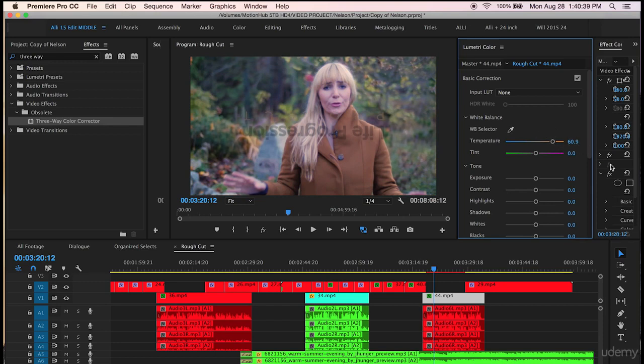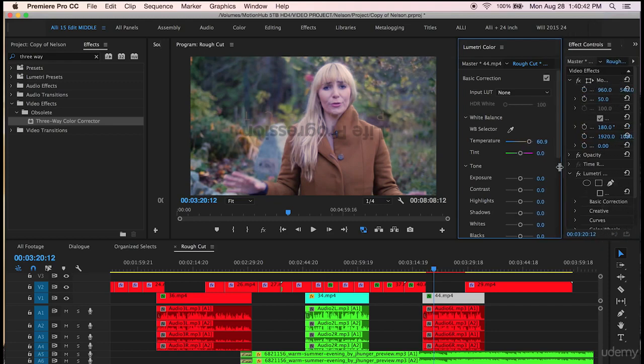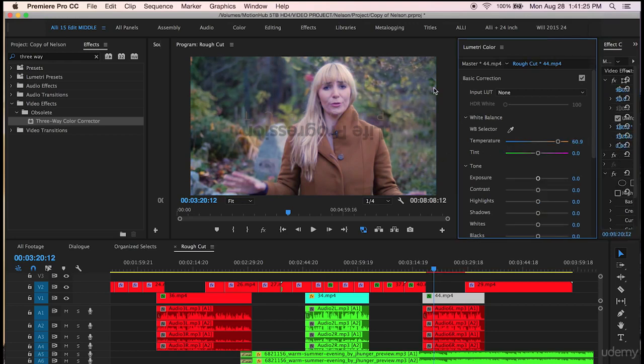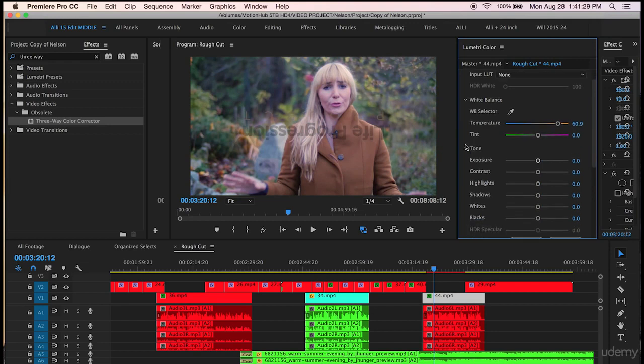As you can see here, I'm just going to drag the Lumetri panel over. The effect has been added in effects control. So let's toggle it off. You can see how much bluer it is with it off. We'll toggle it back on. That's better. We'll do a few more adjustments with the Lumetri color, and then we'll continue on our edit and